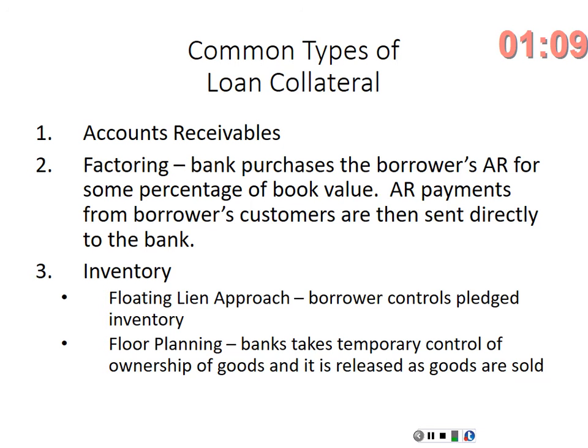A floor plan is when the bank would control the inventory and then they would release it as the goods are sold. So if you're a bank dealing with a car dealer and you have a floor plan approach, you're going to control the titles. When the dealer sells a car, they come to you and say, hey, I sold the 2015 Ford Explorer. You go through your list of titles and you find it, and when the dealer pays you for that sale, you give them the title, who then they will give it to the customer. It's a little more trouble, but it lets you keep a closer eye on what's happening with your collateral, as this is your inventory and this is your collateral.